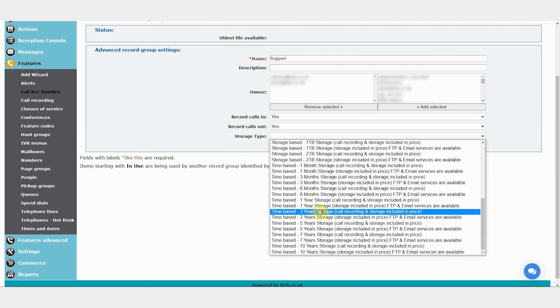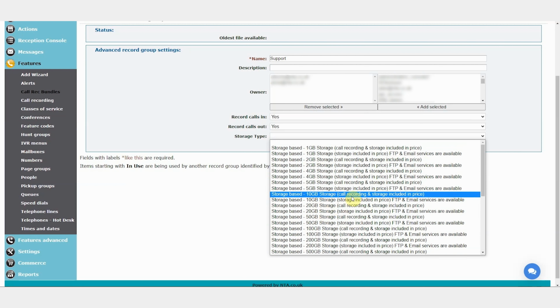Now you may also notice that there's other options within each option of the 1 gig storage, for instance, and you can see here there's a standard storage here which includes the call recording itself, and the storage is included in the price. And then we have another one here which is the storage is included in the price but